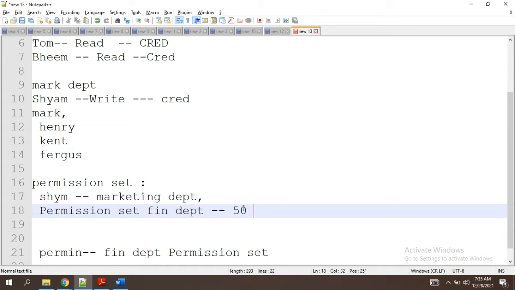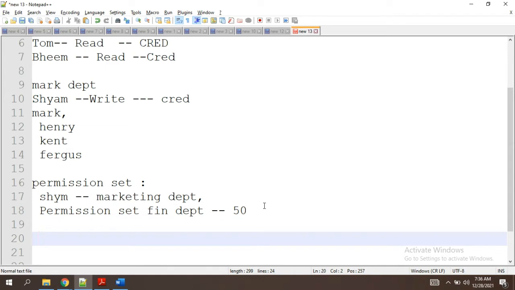So this permission set is used for temporary basis or for permanent basis also. Temporary basis in the sense, once in a while, marketing department people will do an audit.